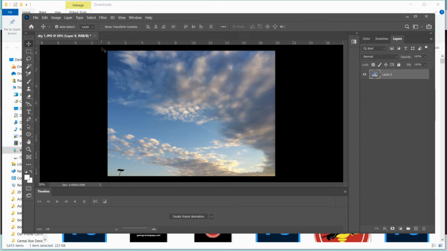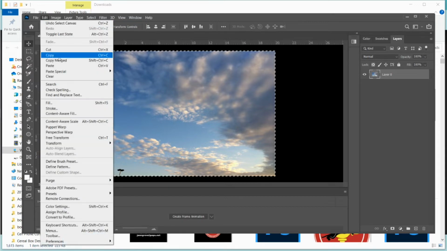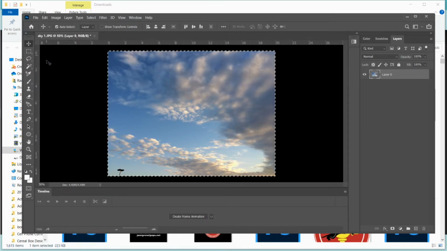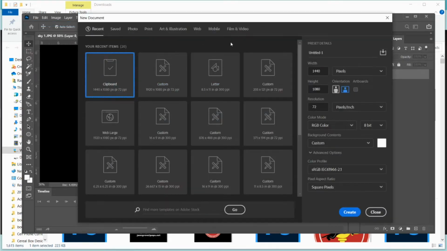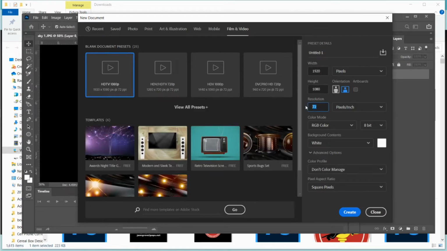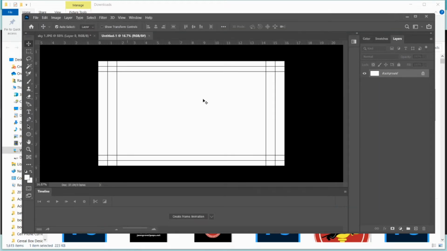I'm going to select all, edit copy, and I'm going to create a new file. So I'm going to do File New. I want it to be for film and video. I want it to be 300 ppi, and let's see, we go to inches, and I want it to be 16 inches across, and I want it to be 9 inches high. Okay, create,